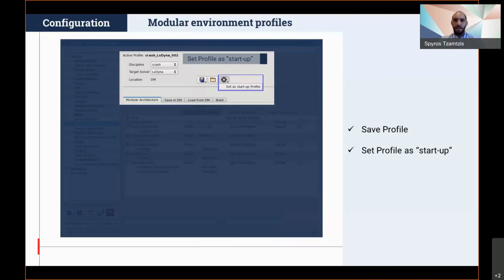modular environment profiles are version controlled and every change being made in their settings is automatically reflected as a new version in DM. The moment a model container is saved in DM, the active modular environment profile is also saved in DM and the link is created between the two. This way, the modular environment is at all times aware of the exact settings that were used for the creation of data in DM and is able to reuse the exact same settings automatically on next iteration.